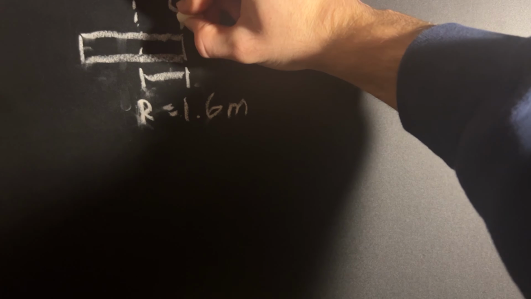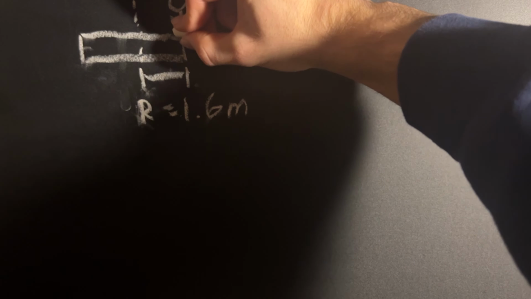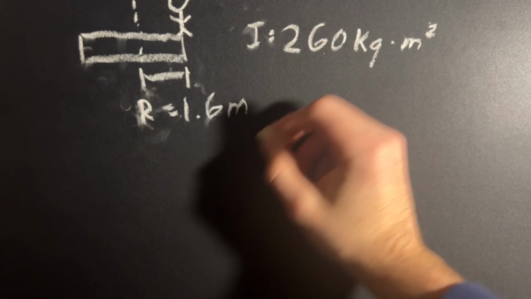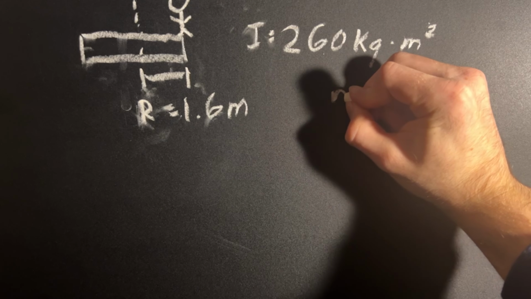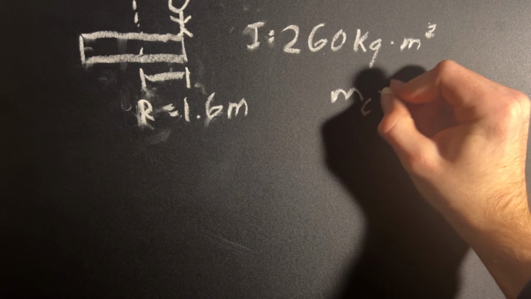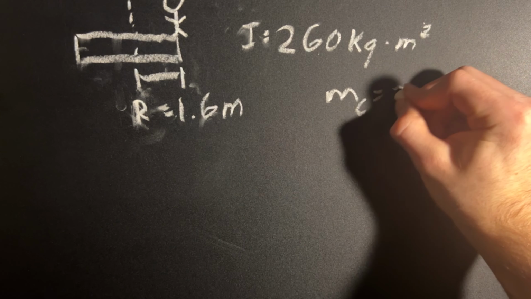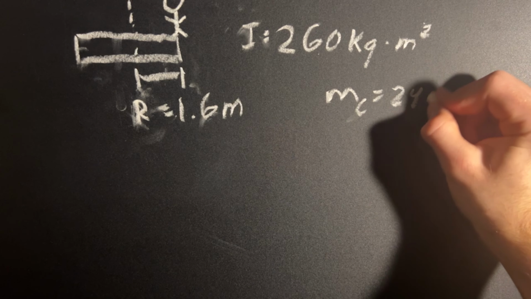The child hops onto the merry-go-round right here. And the child, even though his head is a little cut off right now, his mass, m of C for child, is equal to 24 kgs,